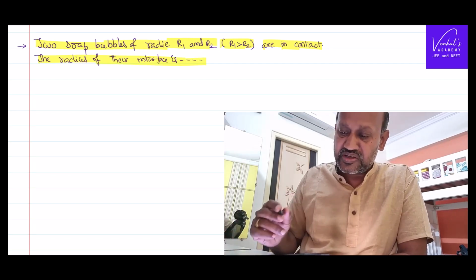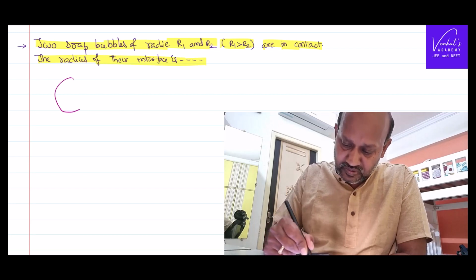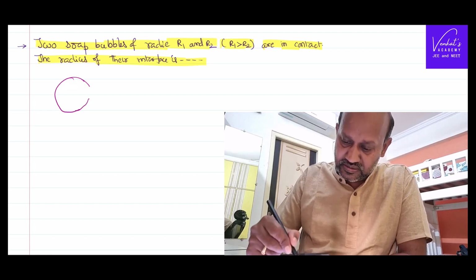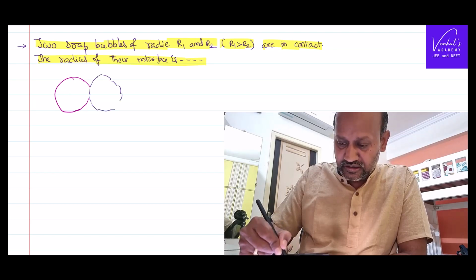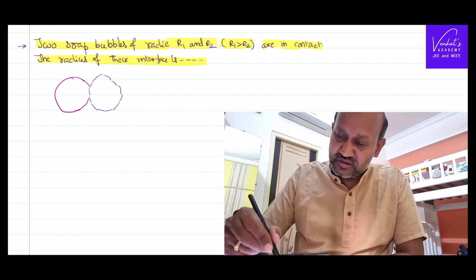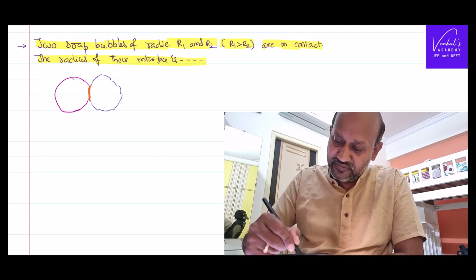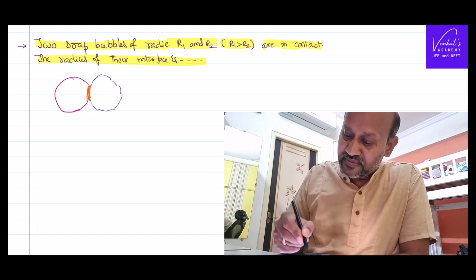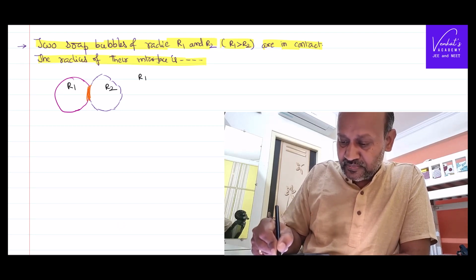Let me try to visualize what is given for you. This is soap bubble 1. This is soap bubble 2. They are in contact. This is what their interface means. He wants the radius of this interface, right? It is given that this one has a radius R1, this one has a radius R2, and R1